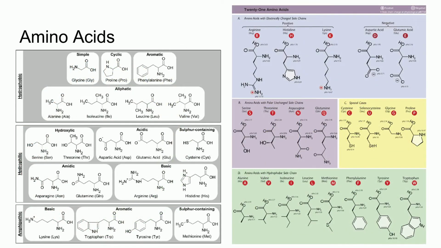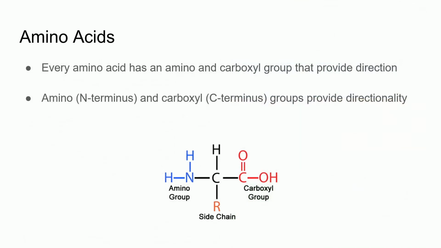Displayed here are the amino acids grouped by their hydropathic relation on the left, or their overall charge on the right. Amino acids are named by the molecular structure of their side chain, or R group, which provides the amino acid with its chemical attributes. For every amino acid, there is one amino group and one carboxyl group, both attached to an alpha carbon. The amino acid side chain also attaches to this alpha carbon.